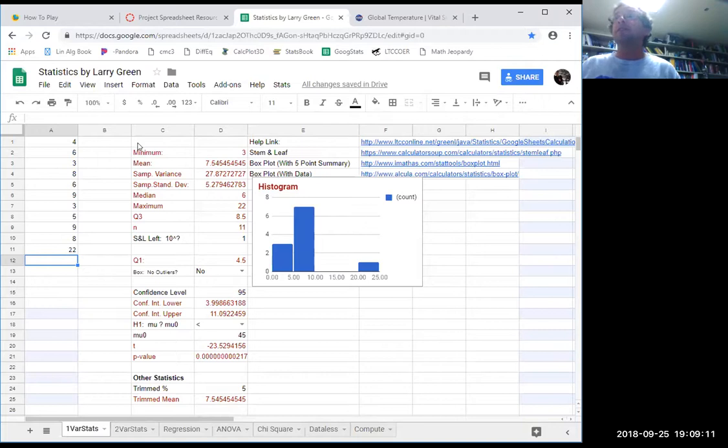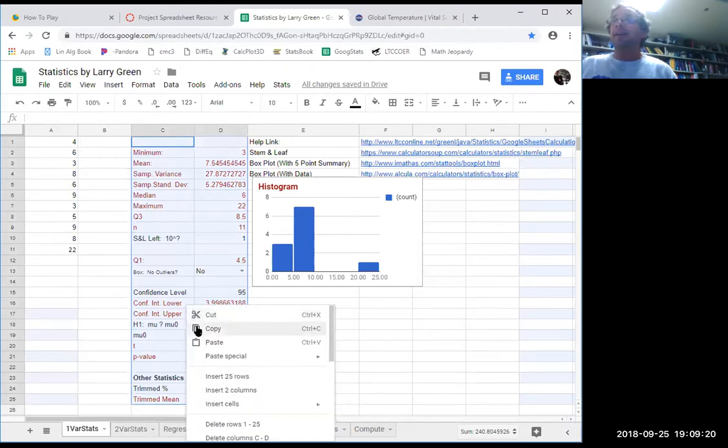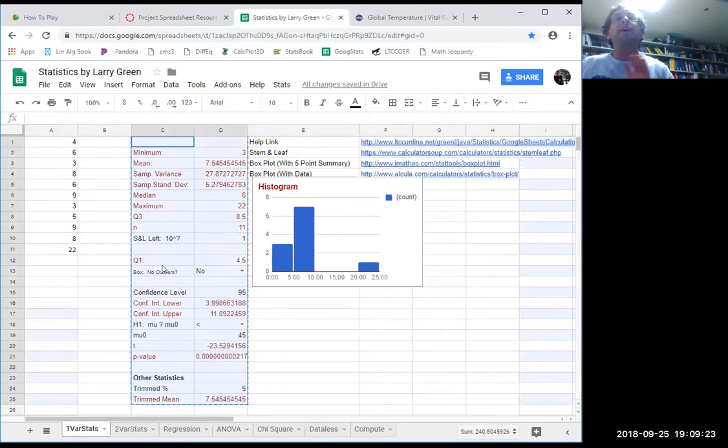Something you must include in your paper is this. It's really easy. You highlight it, you hit the right button, you hit copy, you paste it into your document. You could use a Word document, but since you're working together, it's a little easier to use Google Docs. But you don't have to. Whatever you use, you can copy and paste it into any document. And you must, because that's your proof that you used a spreadsheet. If you use a different spreadsheet program, that's fine too. But it's really easy to copy and paste in, and you must do that. Does that make sense?